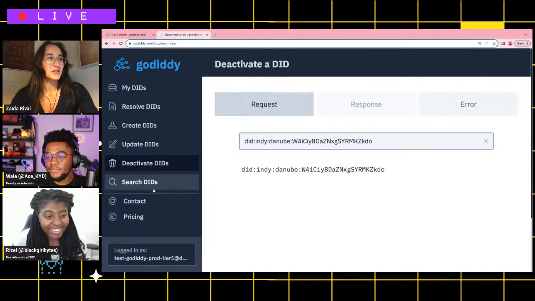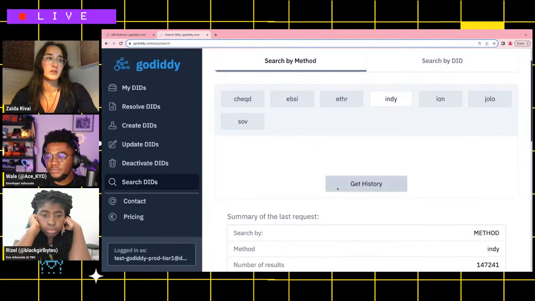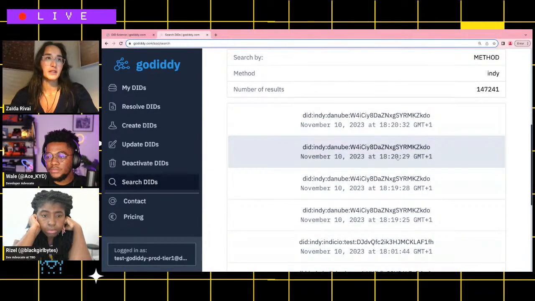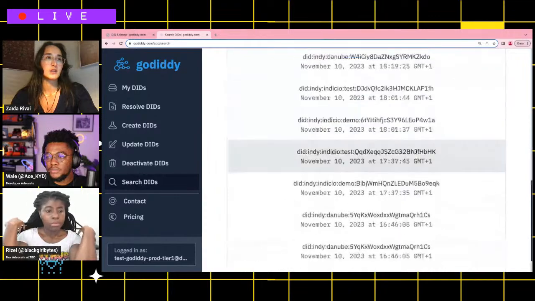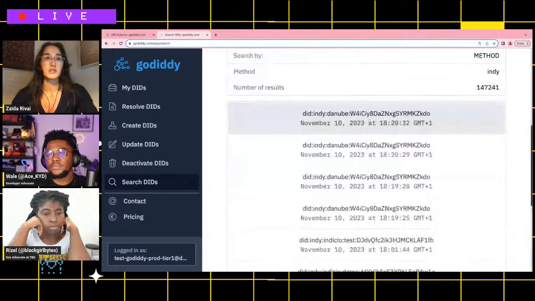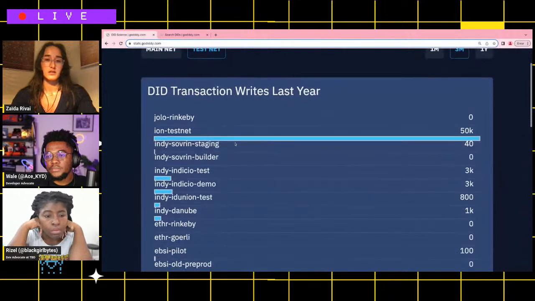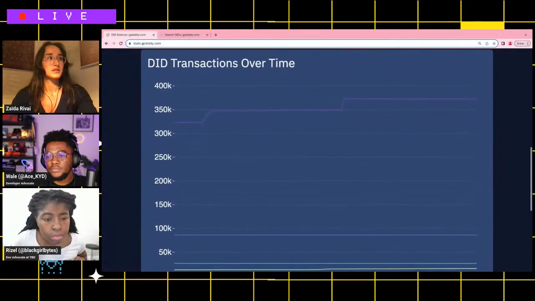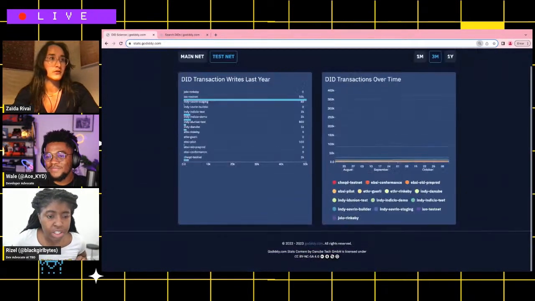But what I want to point out actually is this whole database, what I was mentioning before. We have a database of all the DIDs. Let's say we can look at all the latest DIDs. I think this is the one I just created, GMT+1. You can look at different pages. We have a database which contains all the DIDs from all over the world, from different DID methods and different networks. Then we created this website, stats.godiddy.com. What it shows, I have to zoom out a bit. I hope that gets smaller. That's okay.